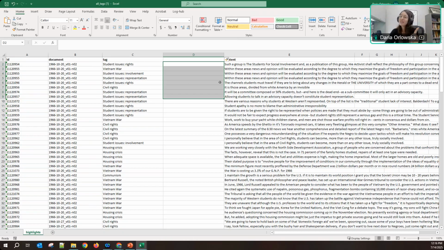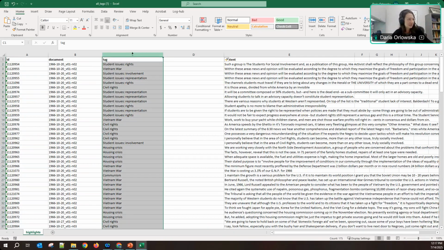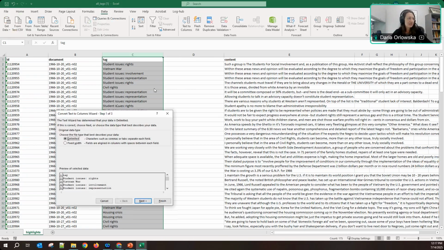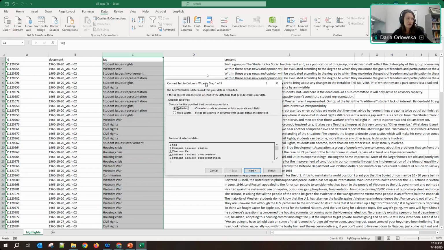In this case, I have one delimiter, but if you decided to do 5 subheadings, there's no restrictions on how many subheadings you can do. You will make sure to have at least 5 or 6 blank columns. You can always delete blank columns if you find out you don't need them. Next, I'm going to highlight column C. I'm going to navigate to the top menu into the Data tab, and click Text to Column. This is the Text to Column wizard.